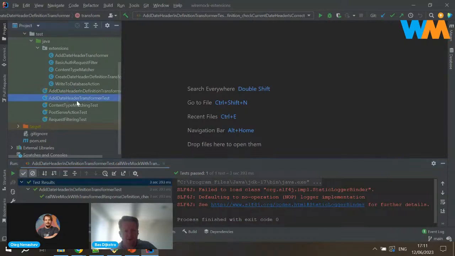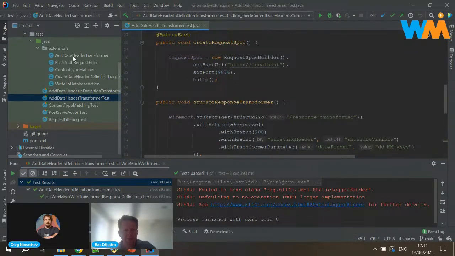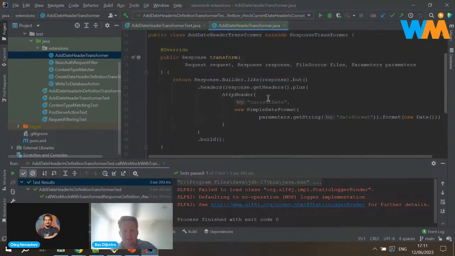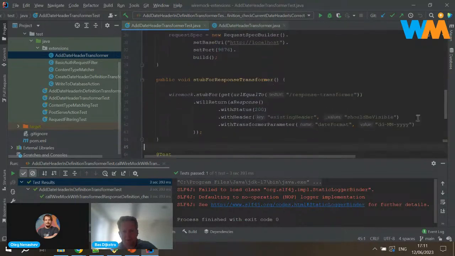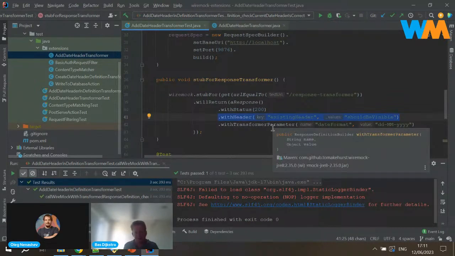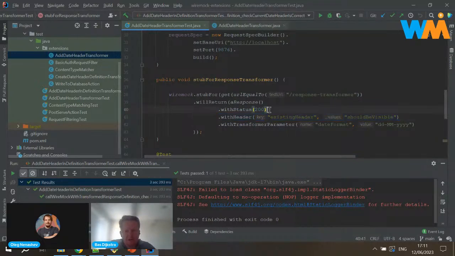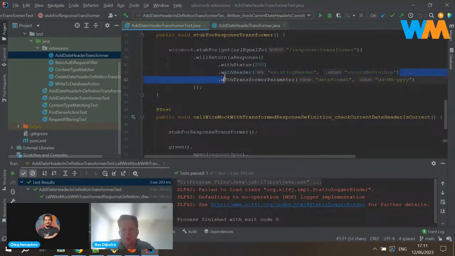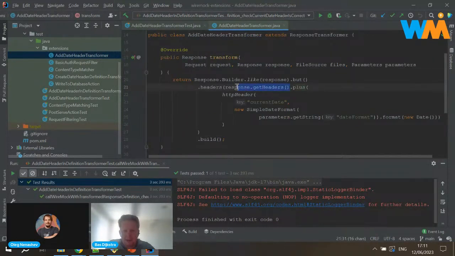And just to quickly show you what the other one does, this is the transformer again, so it preserves the original headers, which are, for example, this one. And so I just included this one as proof in the individual response definition, just to show you that it should preserve this one, because I say, well, I need the headers from the original response definition and I want to add one to this.